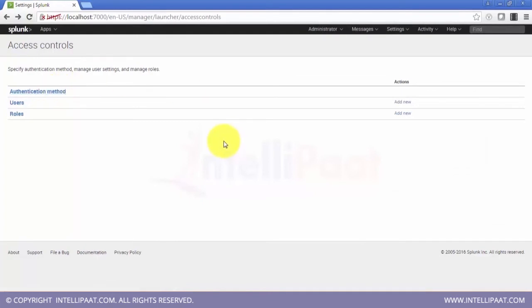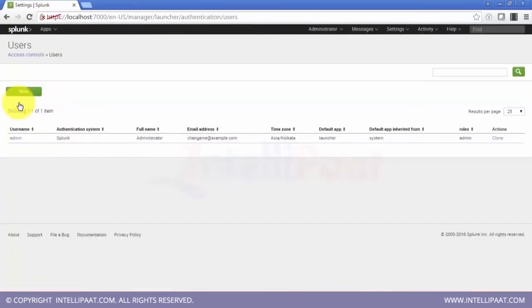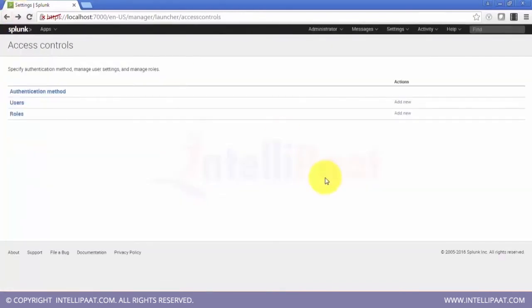Okay. Now the users. There are multiple tiers of users that can access Splunk. As you see, we just have one admin access that has been created by me for my reference. Similarly, an admin can give access to multiple other users.